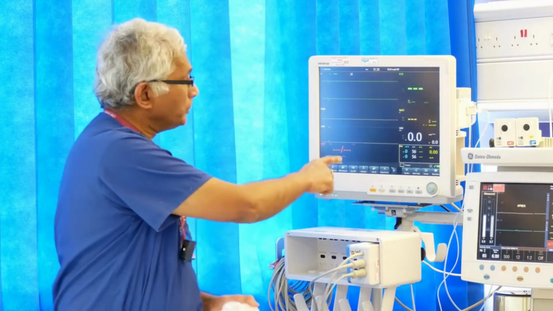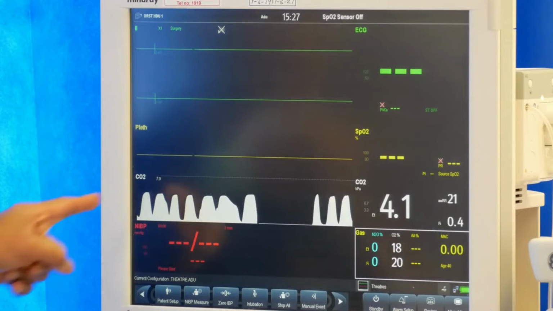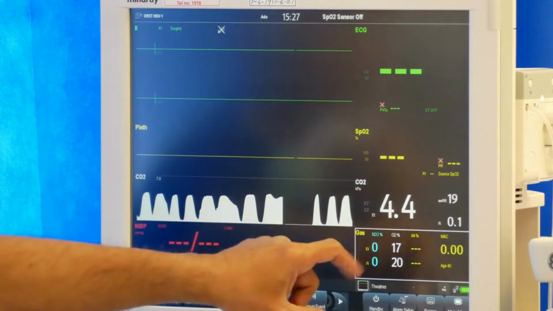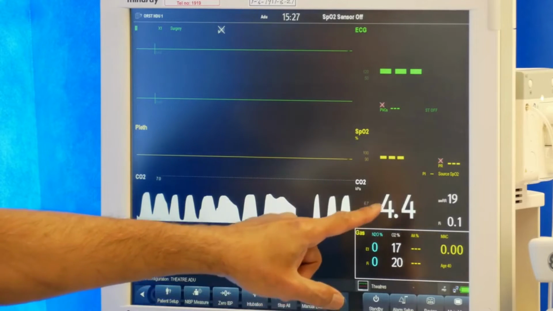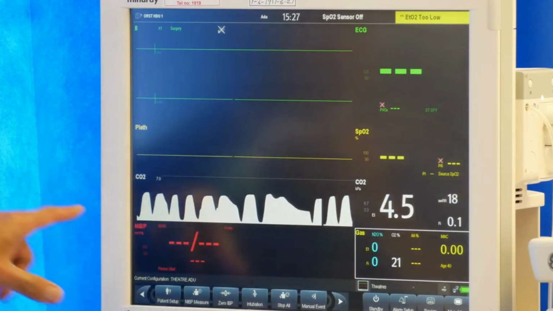If you can share your screen here. Are you showing this tracing now? Okay, you can see the tracing now. So these are the numbers on this side. That's 4.4, which is my carbon dioxide level coming out. So you should